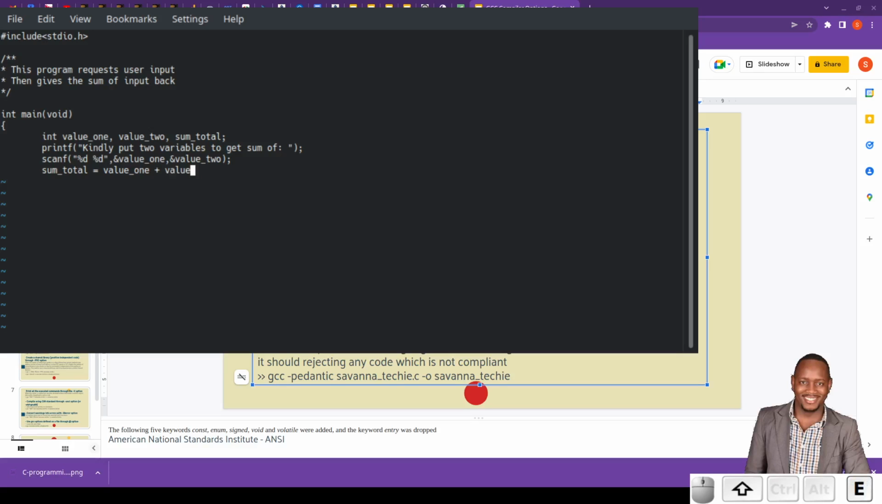Hit enter, and then we say sum total equals value 1 plus value 2, with a semicolon, and then we print out now the results to the user. So we use printf, and then we say the sum of the given values, okay, and then percentage sign d and percentage sign d is equal to,